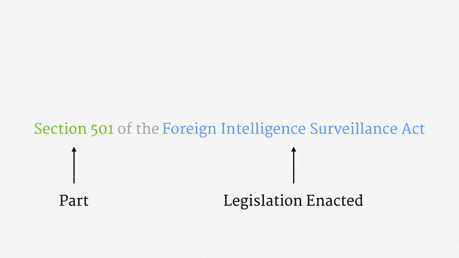The key point is that the reference to FISA here isn't because we're talking about FISA as enacted, but rather because we're talking about FISA as amended. The notion is that FISA is an evolving collection of related statutes. The Patriot Act swapped in language that acts as Section 501 of that collection.